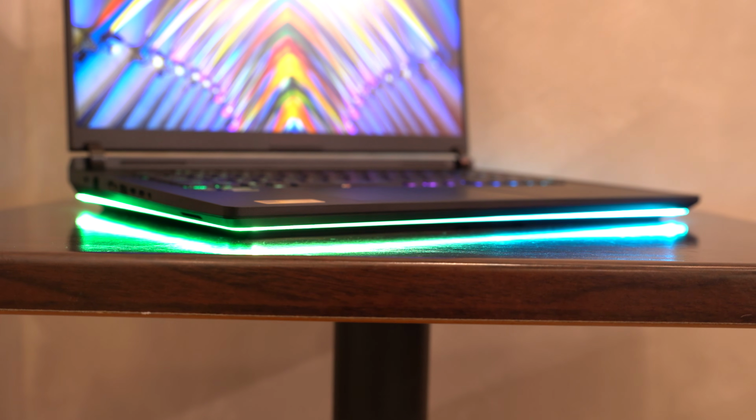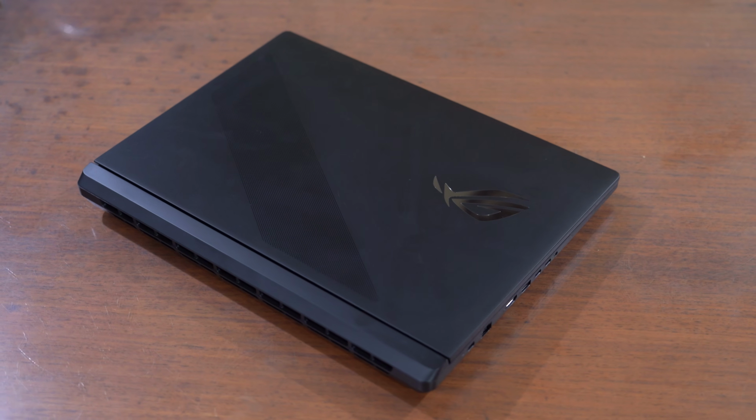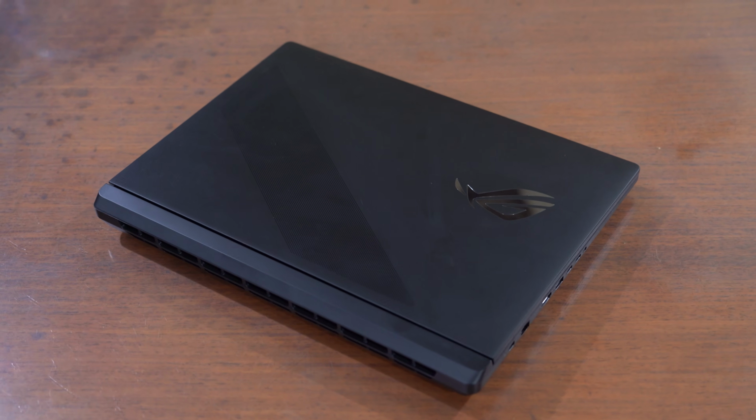Since the design is very much the same, my issue from before is still very much present in the 2026 model. The area where my arms rest while using the laptop can be quite uncomfortable, especially during longer use. In addition, it's still a big and heavy laptop. Not exactly something I would call portable given the dimensions of this thing, but because of that, at least it